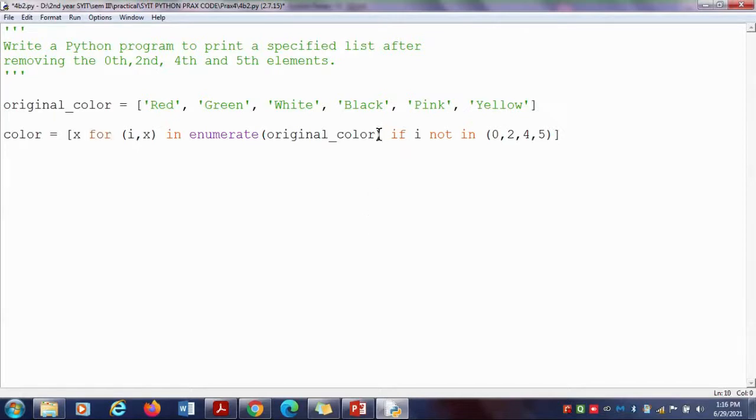Now if i not in a given list, because we have to remove the elements from the given list. So here at 0th position we have red, 2nd position we have white, 4th position we have pink and last position we have yellow, as a list always starts indexing at 0. So this logic: x for i, x in enumerate original_color if i is not in this